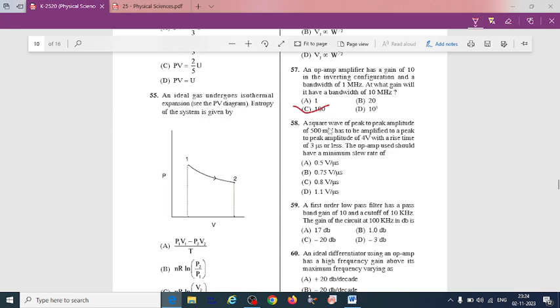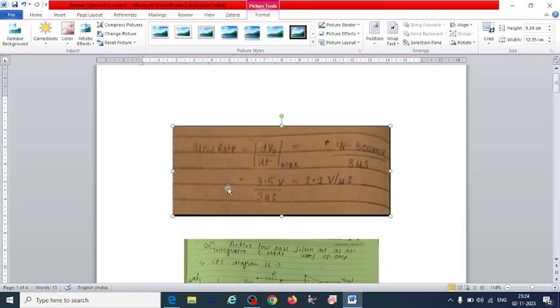Then next question: a square wave of peak to peak amplitude of 500 millivolt has to be amplified to a peak to peak amplitude of 4 volt with a rise time of 3 microsecond or less. The operational amplifier used should have a minimum slew rate of. So slew rate is what? Derivative of